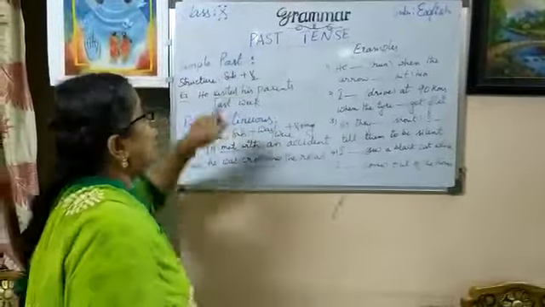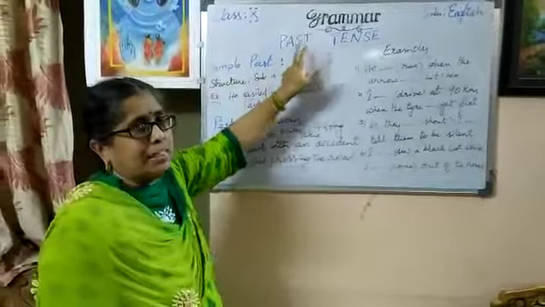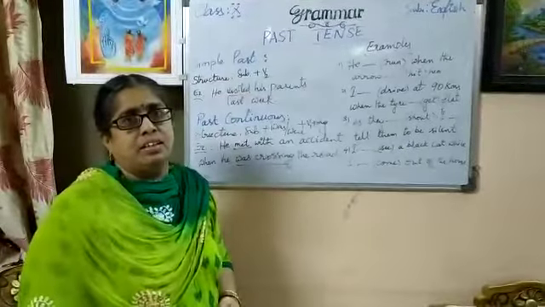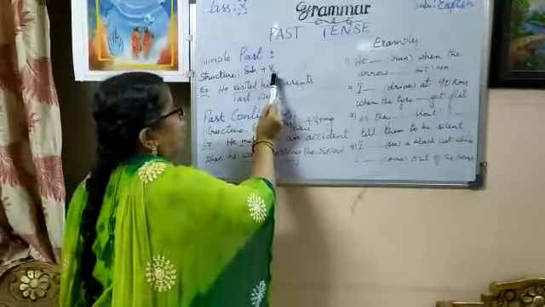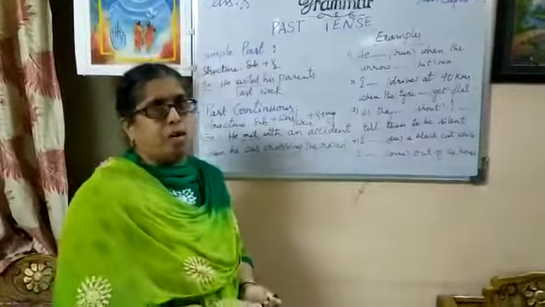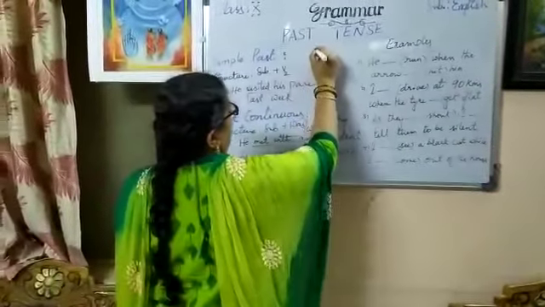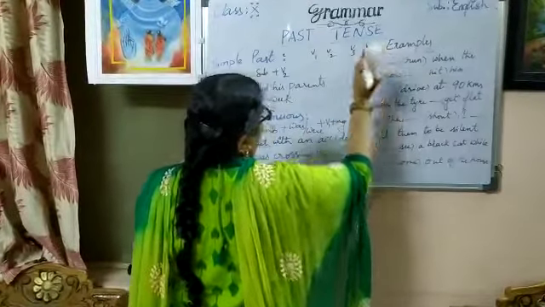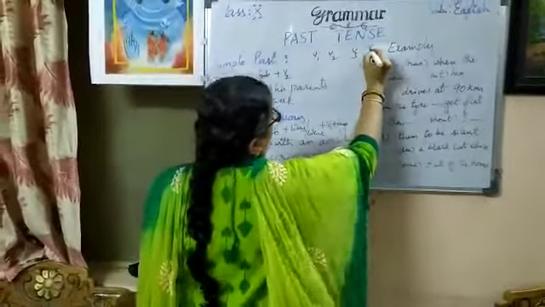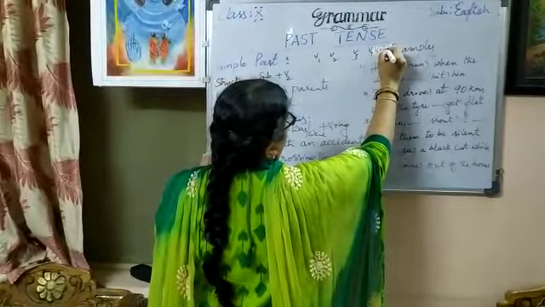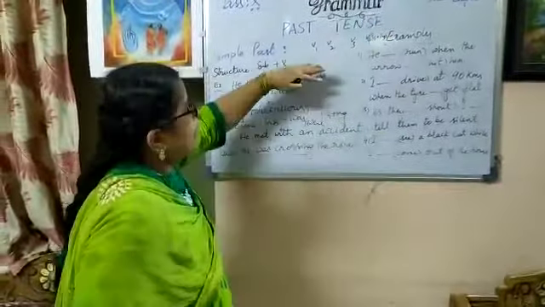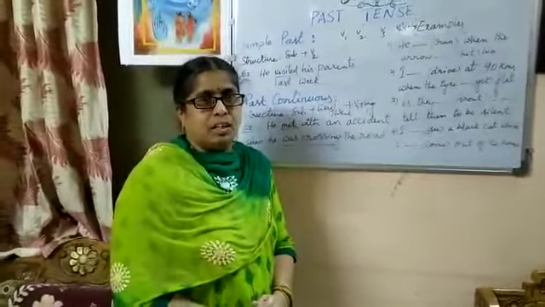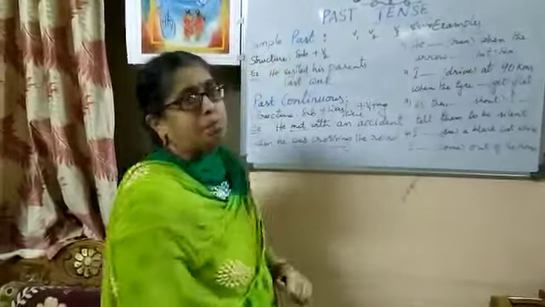Now coming to the first subtense of the past tense, simple past tense. What is the structure of simple past tense? See, the structure is subject plus V2 form. Primarily, the verb forms are considered as V1, V2, V3 and V4, which we call the present participle, which we take as V1 plus ing form. In these verb forms, we use V2 form for simple past tense. Got it? This is the structure of simple past tense.